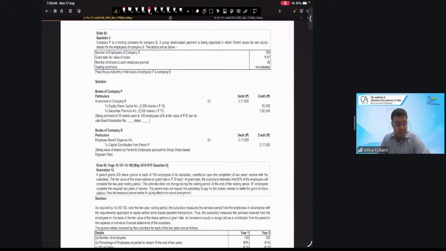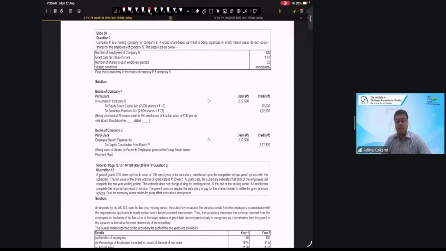And the answer to that question is Reliance Retail will say, okay, I will not issue my shares to you. I will tell Reliance Industries to issue its shares to you for the services rendered to me. So services are given by the employee of the subsidiary to the subsidiary. In lieu of this arrangement, the parent is issuing shares to the employees of the subsidiary.